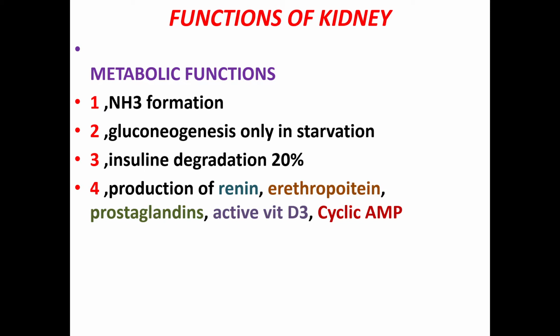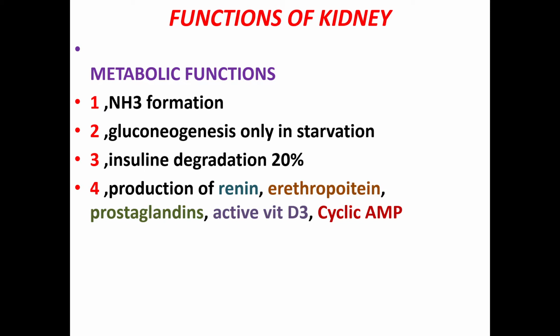You know from your physiology and endocrine lectures that once insulin is released and enters the liver through the portal circulation, 50% is degraded there immediately. Then 50% is available for its function. Then 20% is degraded in the kidneys. That's the reason that when there is kidney failure, this degradation is not there and insulin remains in your